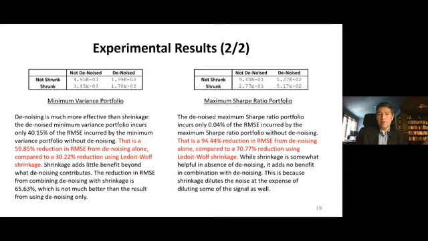And when we combine the two, denoising and shrinkage, essentially we get the same improvement as denoising alone. So what this tells us is that shrinkage helps us a little bit, much less than denoising, and in fact, denoising accomplishes all the reduction that the shrinkage accomplishes. So there is essentially perfect overlap between the two. It's just that denoising is more effective. We know intuitively what's the reason for that. The reason is that